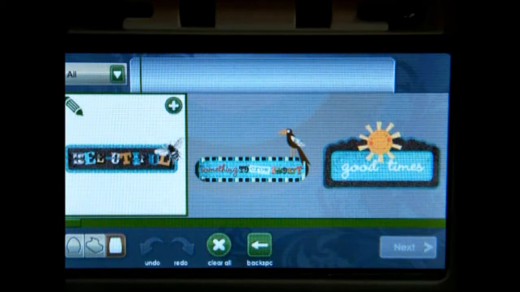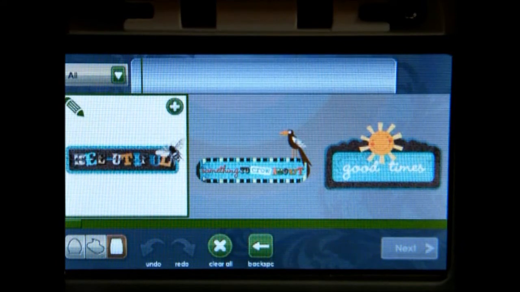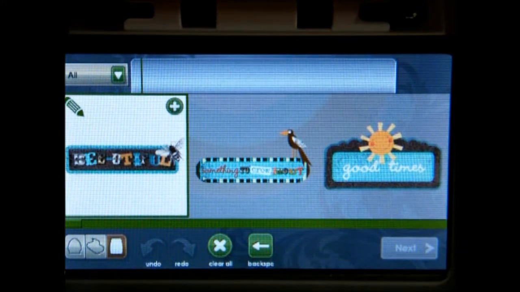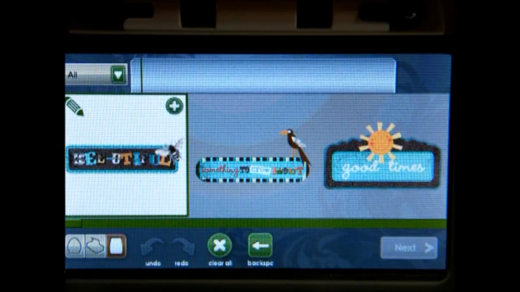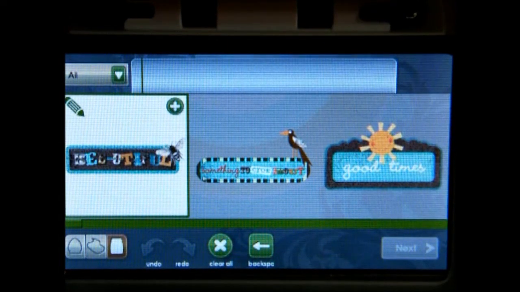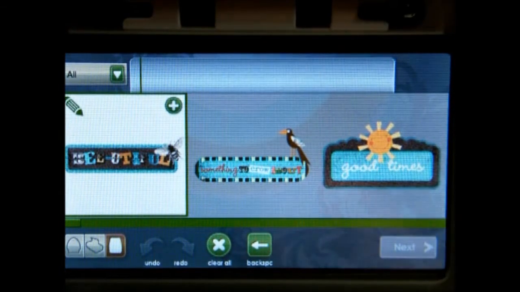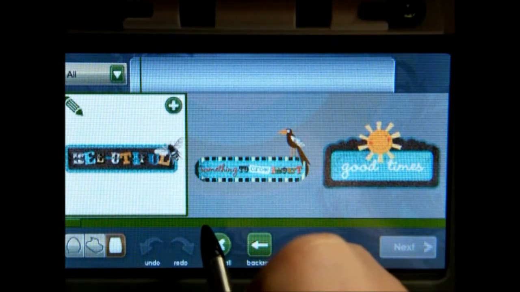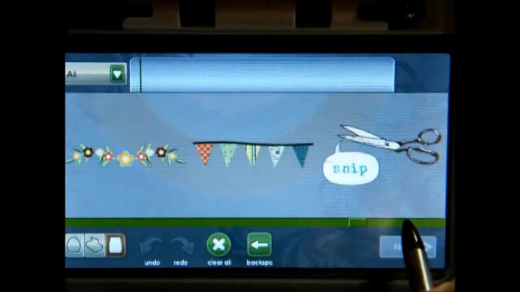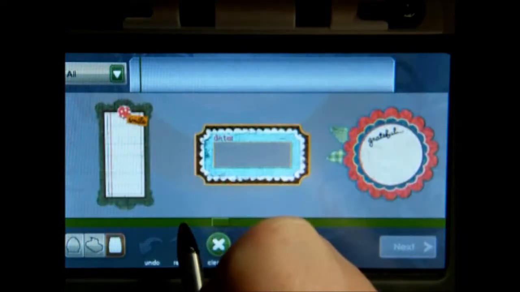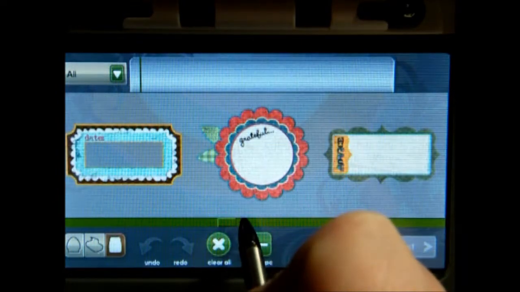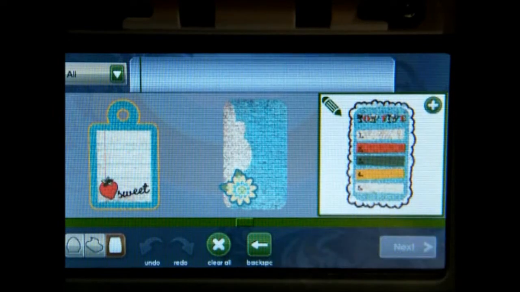It'll bring up all your images that you have on your Imagine cartridge, all your images that you have on your Classic cartridges, and the images that are stored into your Imagine. I believe a lot of people are referring to them as the stock photos, or the stock images. The next video will get really into detail with this on choosing your images and printing them and layering them. So I just want to say on this one, let's just say we want to cut out this image,